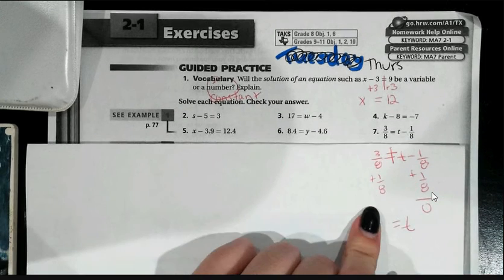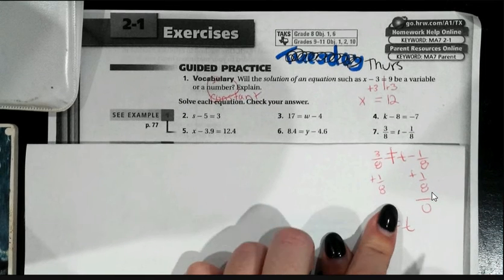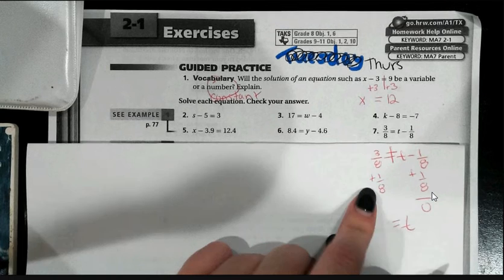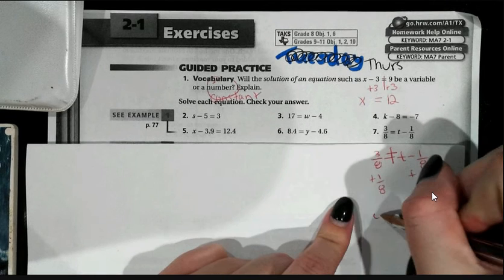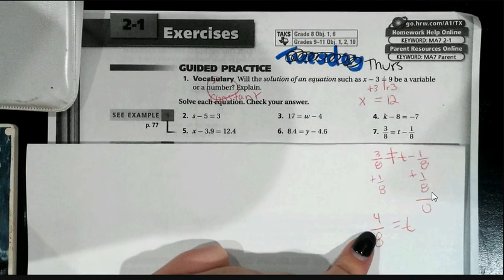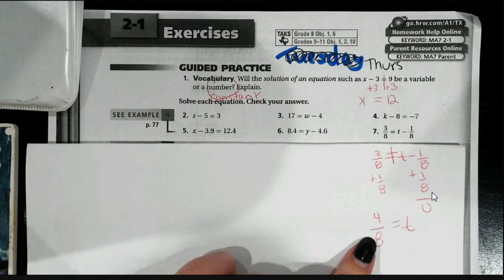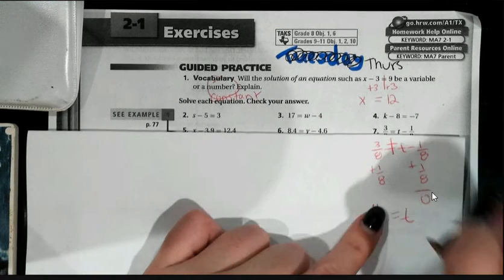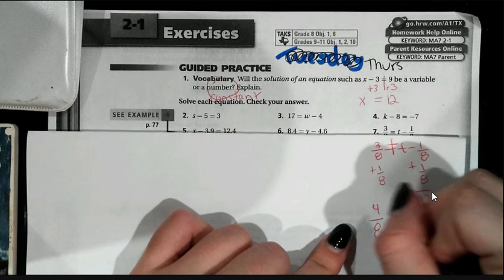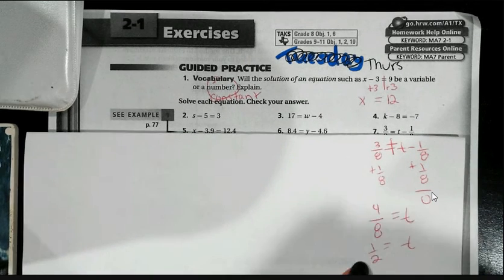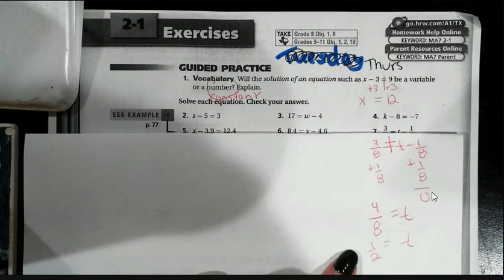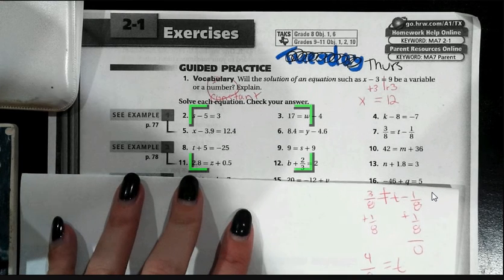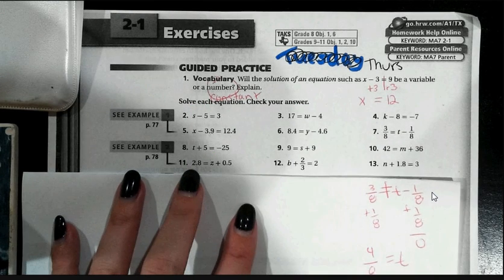Now, I have to add my fractions here. When adding fractions, I need a common denominator. 8 and 8, common denominator, 3 plus 1 is 4. So T equals 4/8. Now, if you wanted to be really fancy, you could also simplify this fraction. I know 4 is half of 8, so T also equals 1/2. Okay. So that's just a little intro